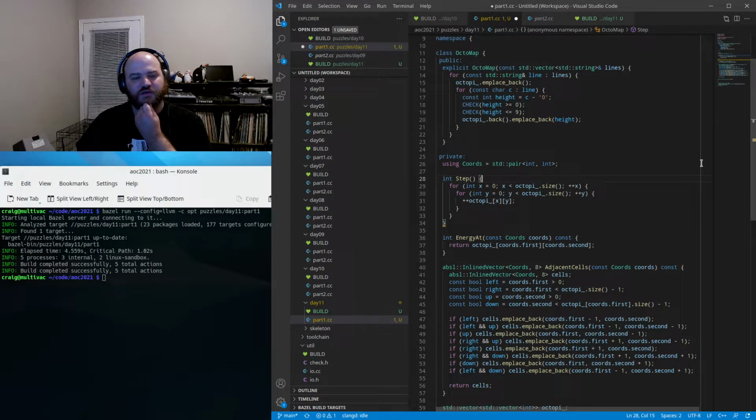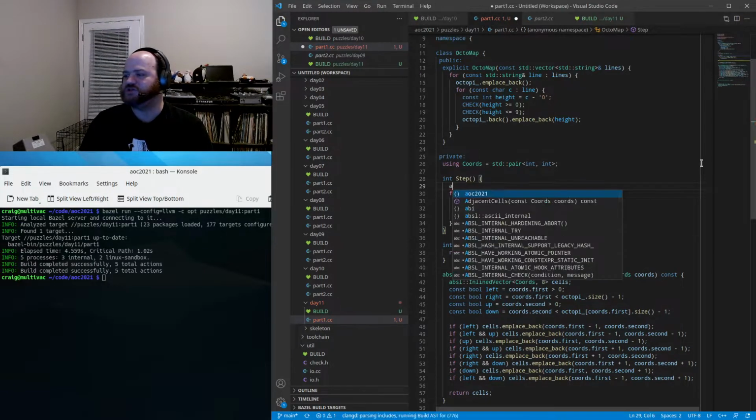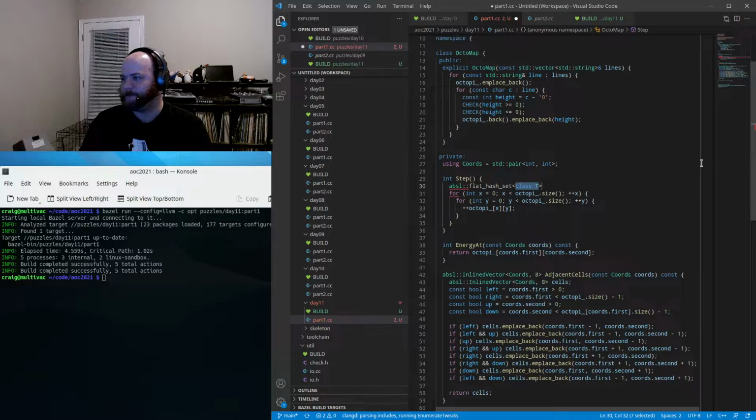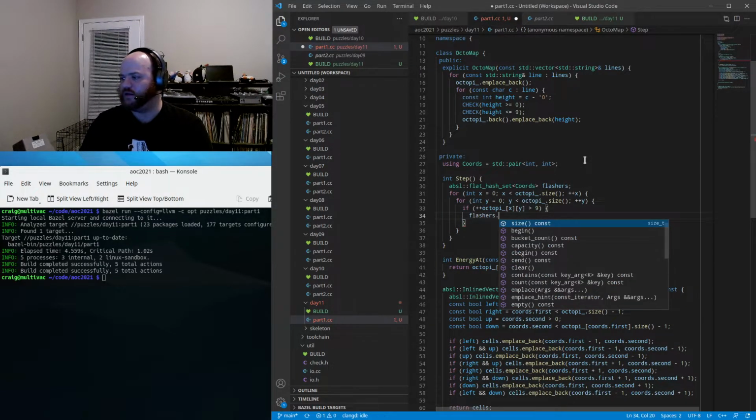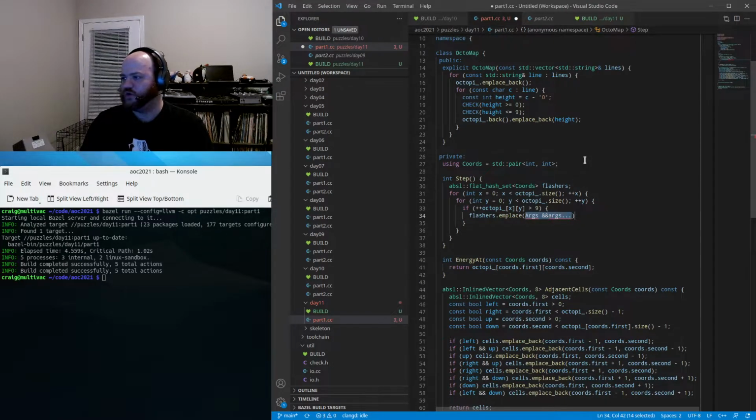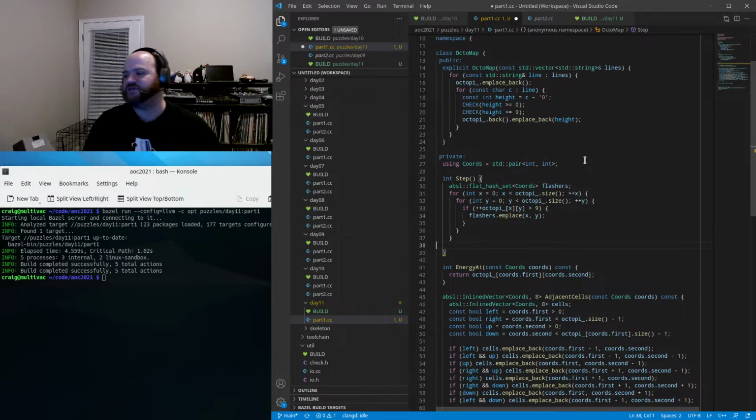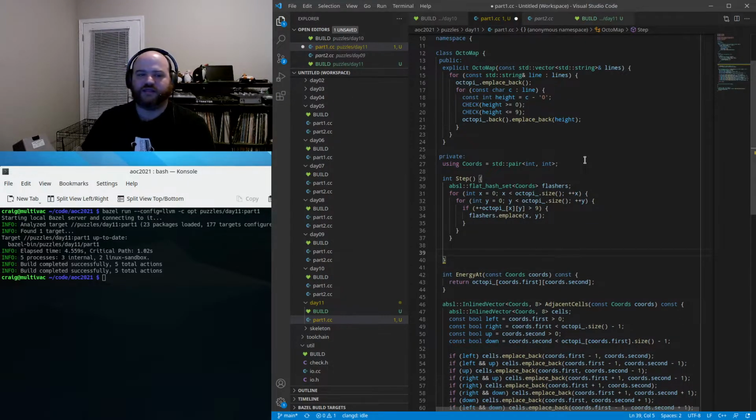Maybe we can do this in stages. We'll call these flashers. So we'll say if increasing that led to the energy level going above 9, then we're going to emplace those coordinates in the set of flashers. So first thing we do, increase everybody's energy level by 1. Now we have this list of flashers, and then